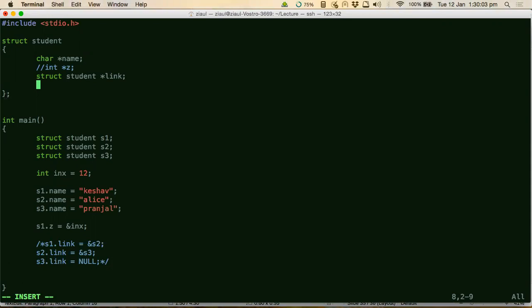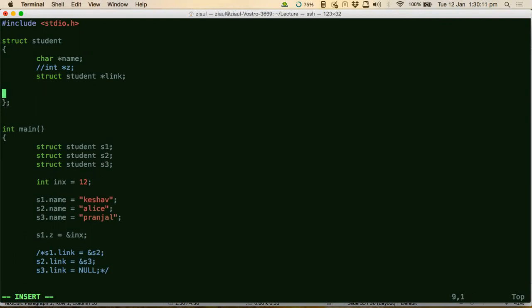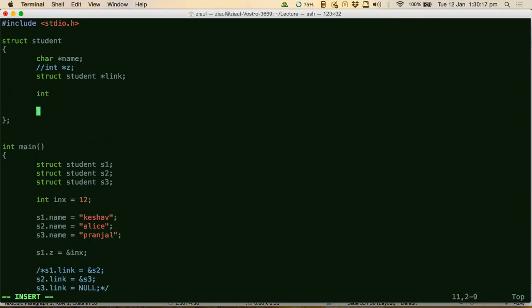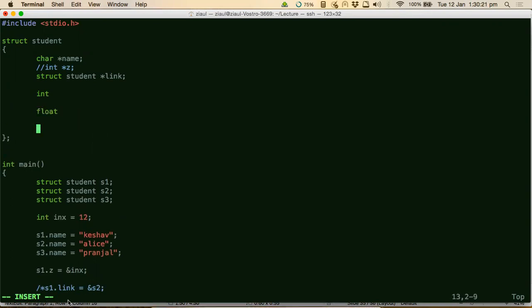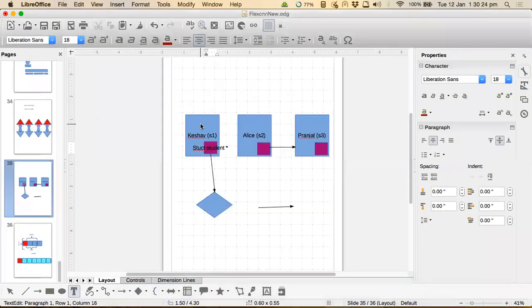Then finally, it goes through again and sees, okay, there is a pointer of this type. I know it's a very basic doubt. I also had all these doubts when I saw linked lists for the first time. But don't think that if there is an integer and a float, these things will not be included inside this box. Everything will be included.